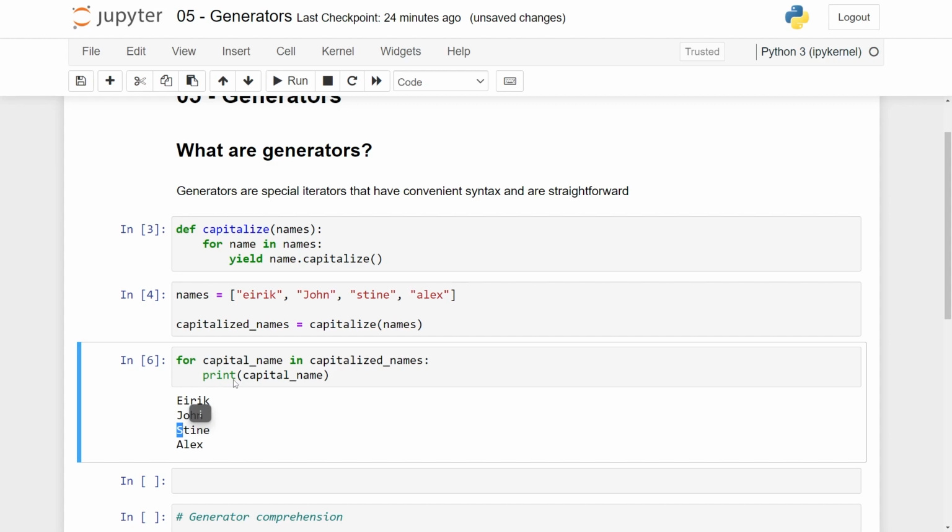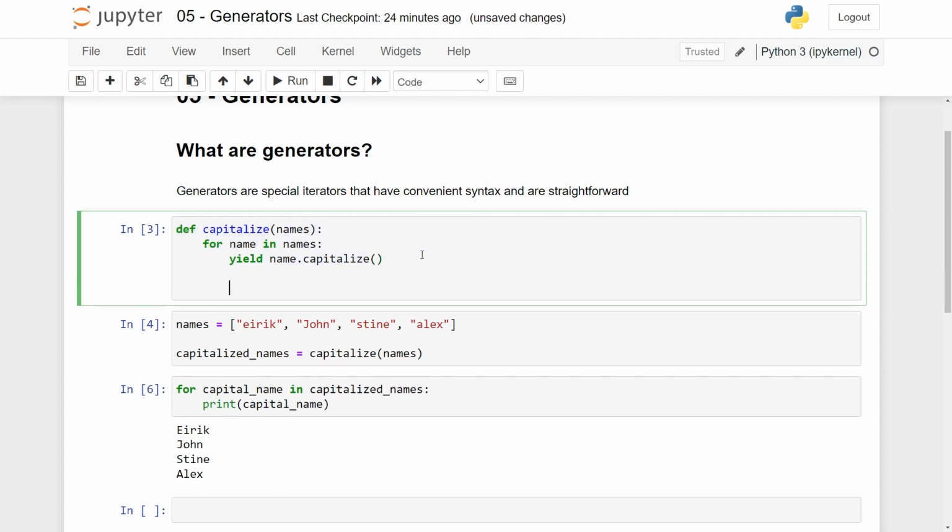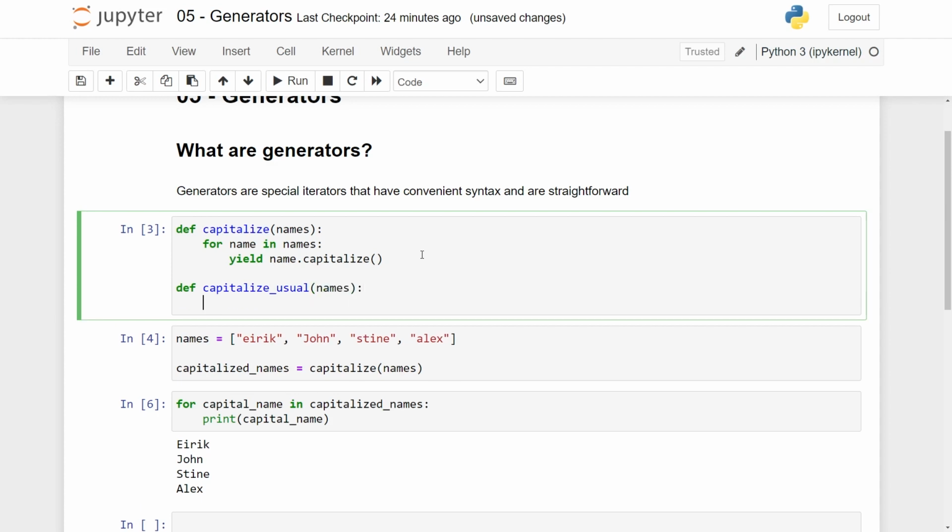This is functionally how you use generators, but it's very convenient to think like, hey, wait a minute, this is just a trick, this is just a function, right? So maybe I'll try to write it as a usual function to compare it. So let's call it capitalize usual, maybe. We again take in some names. So let's write this pretty slowly. What we can do